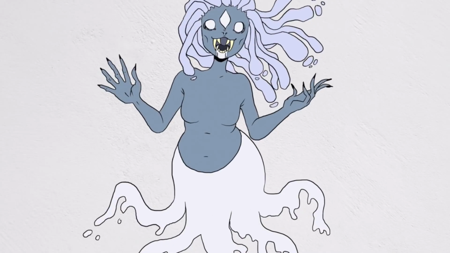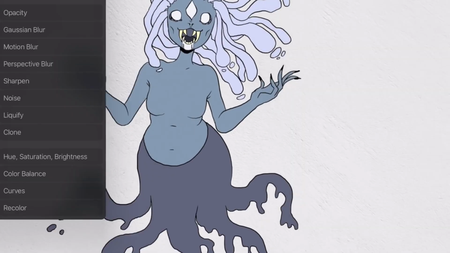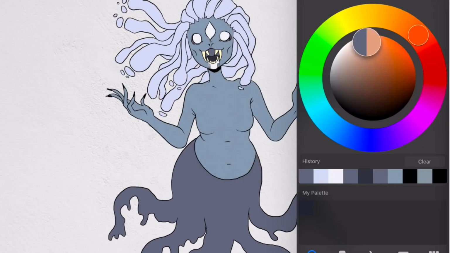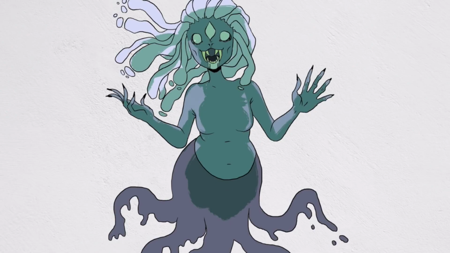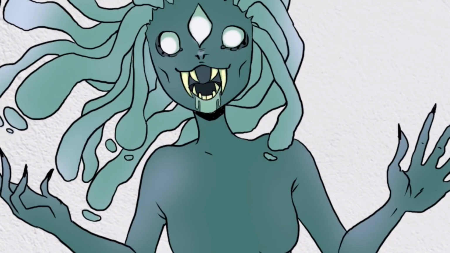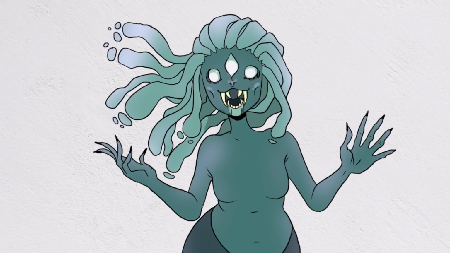I kept the wrinkled, dying hands, and I also gave her this grayish blue skin color because people who are affected with cholera, their skin can actually start to look sort of bluish. I also just wanted to do this sickly green tint over all of her, particularly because cholera is really spread by sewage getting into the water, and it is why cholera used to affect basically every